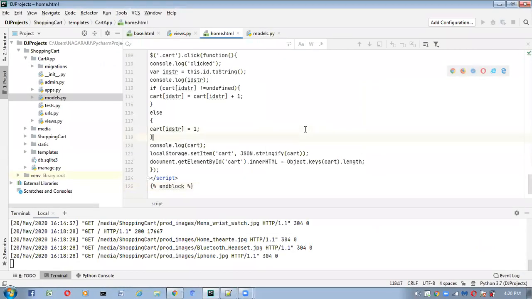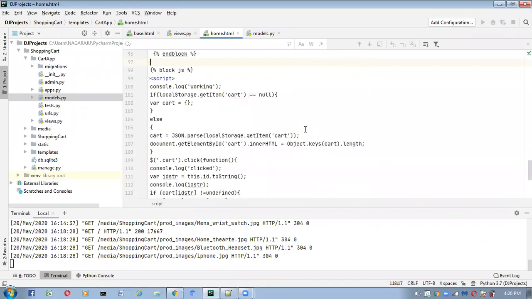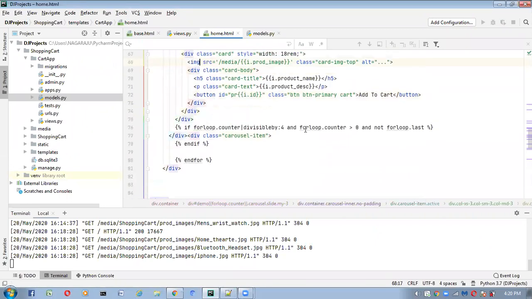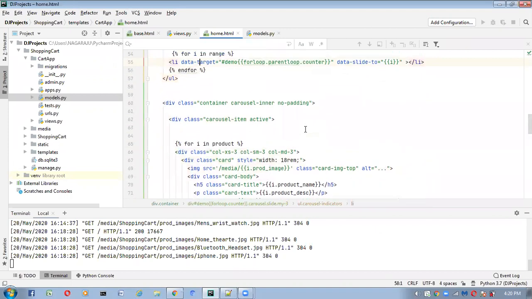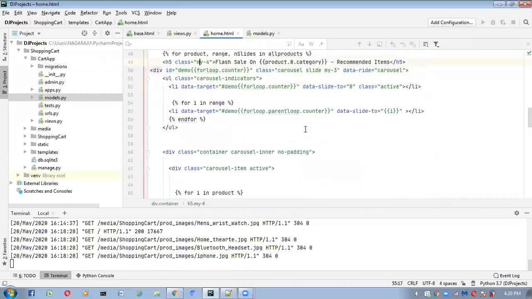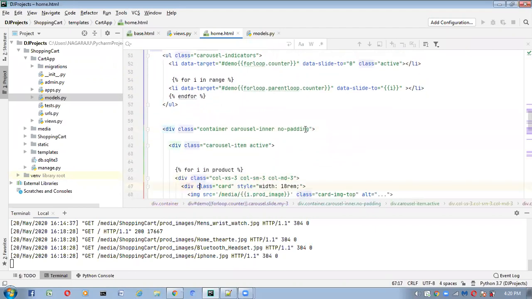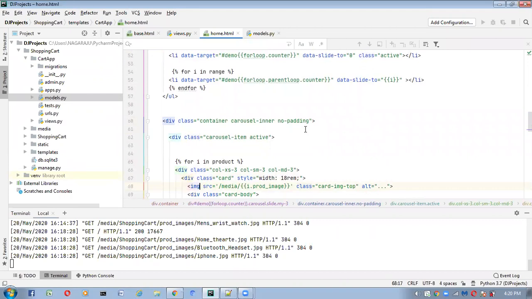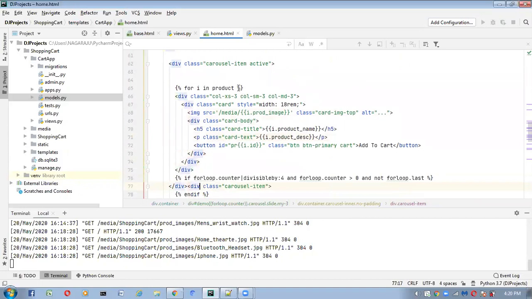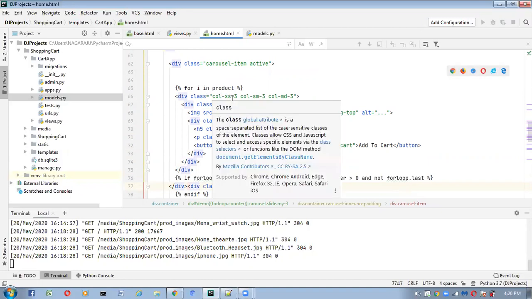What changes? In each slide, I want to get four items. Previously, the first item was shown as default, in previous videos. Now I removed that default one and everything is taken inside the for loop only. And one more thing, in the last videos I took a slice. Now I'm not taking any slice, because I want the items to start from one position. That's why I'm taking for each product like this.